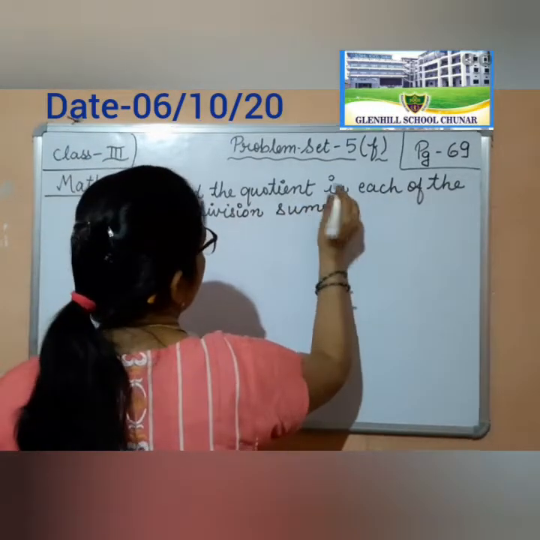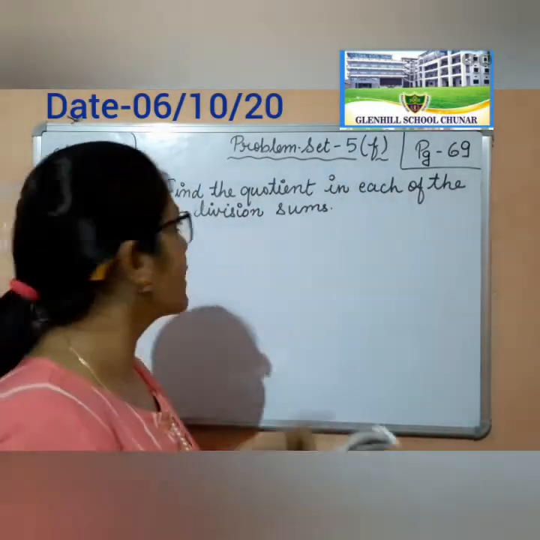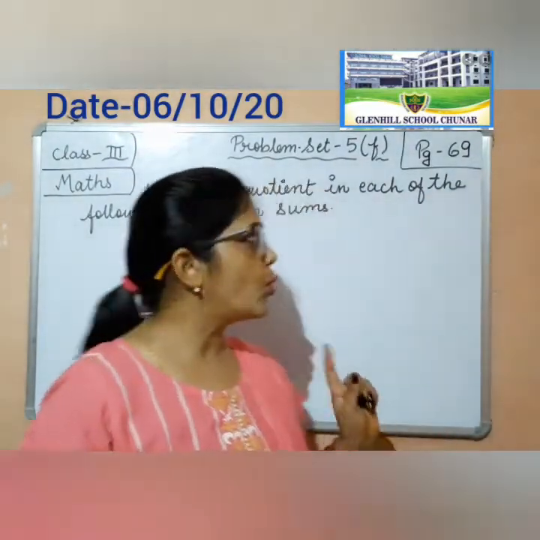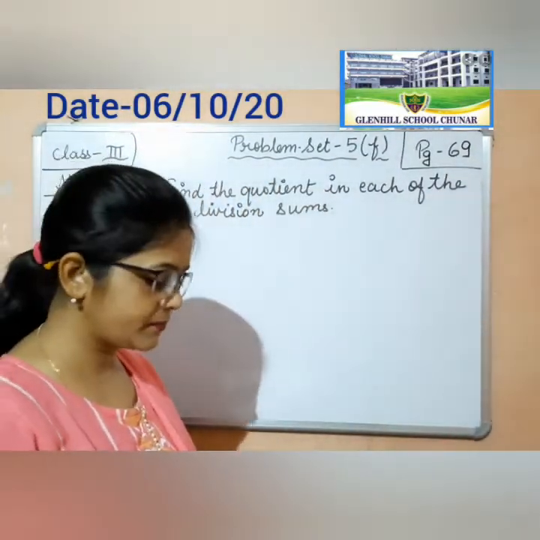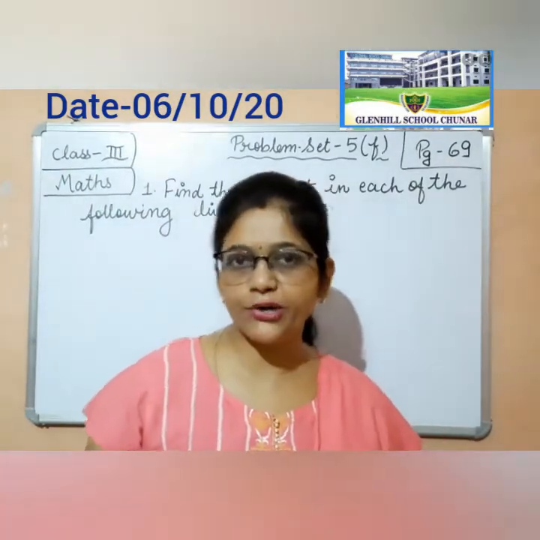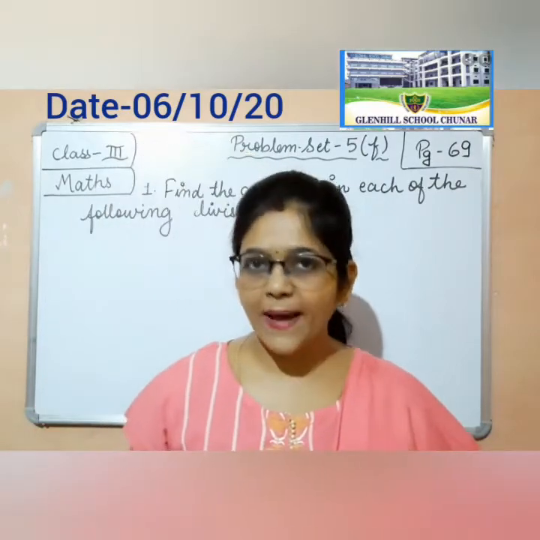Okay student, problem set 5F. Okay, question number 1 on page number 69. So open page number 69, and this all questions, question number 1 and question number 2, both questions you have to do in your maths notebook. Okay,